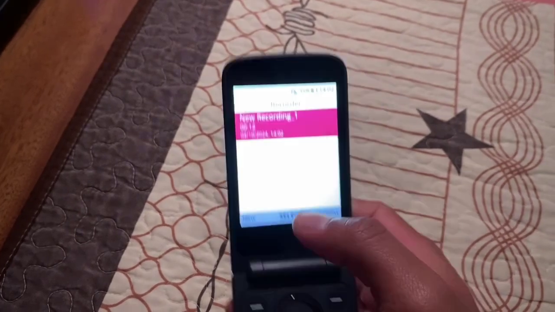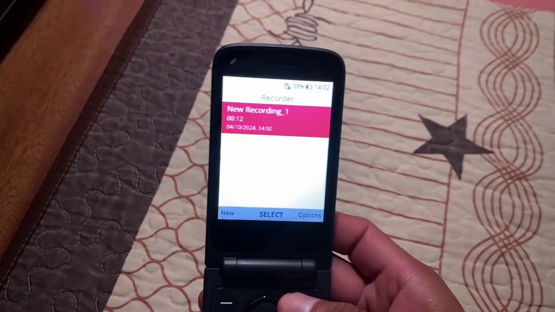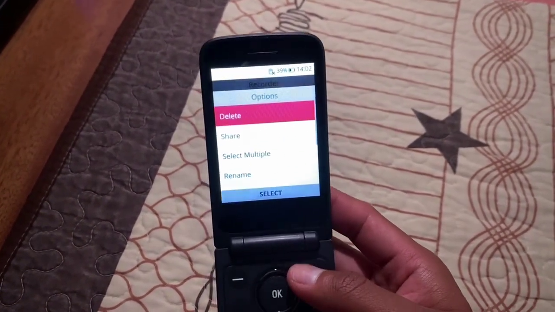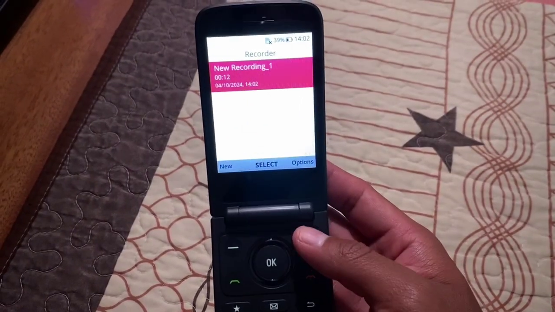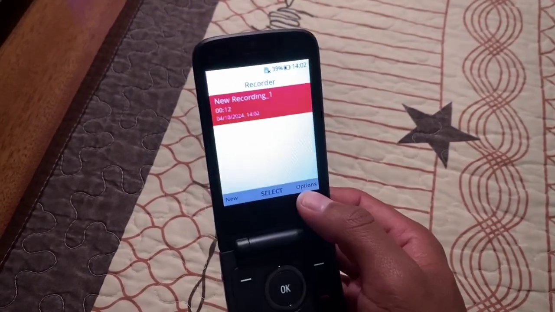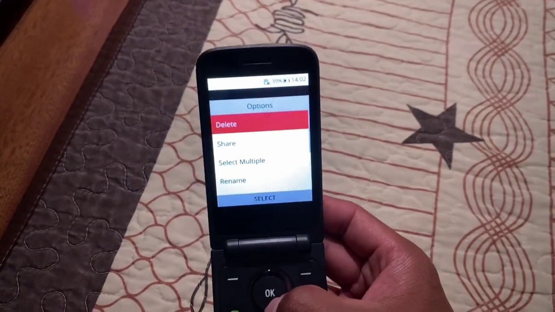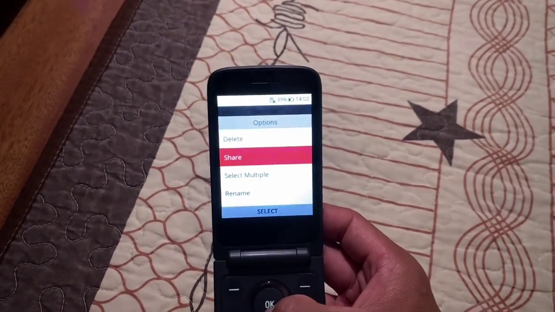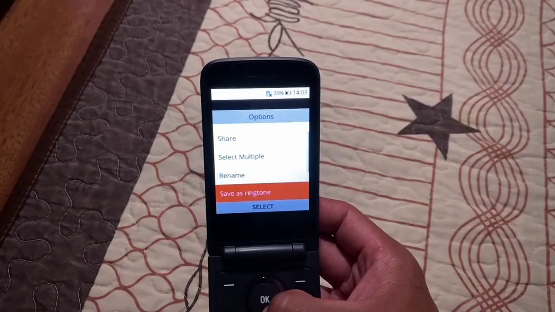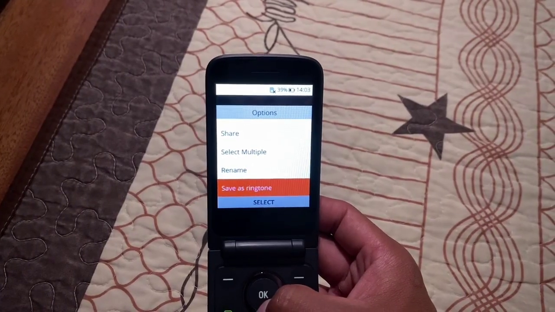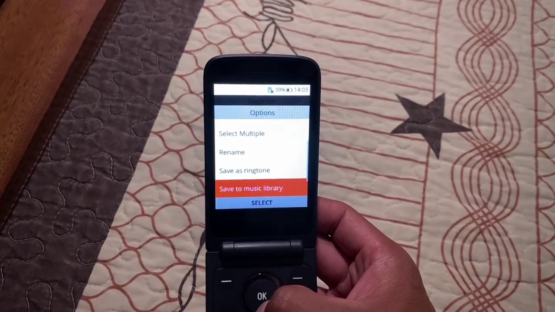The recording is saved. Now if you no longer need it, let me show you that again, and then just press this option. Now you have all these options. You can share it, you can rename this file, you can save it as a ringtone, or you can save it